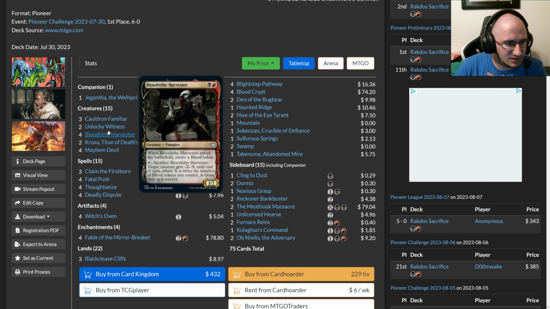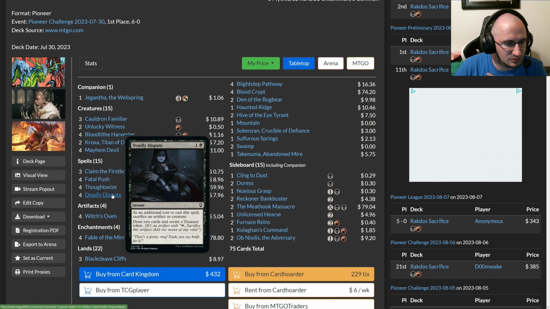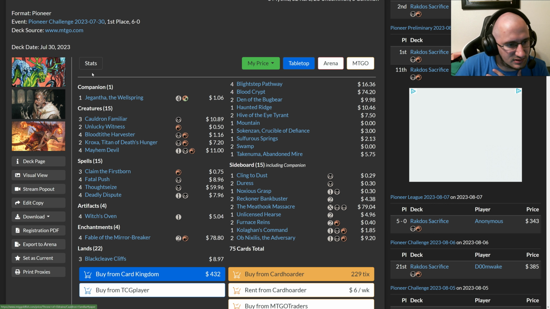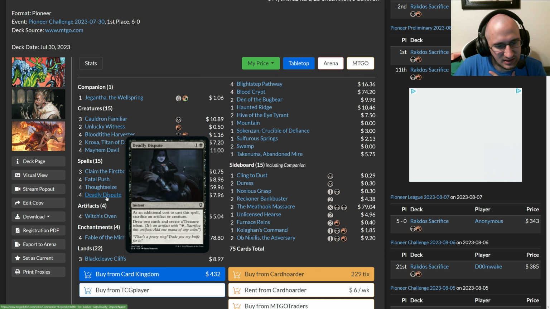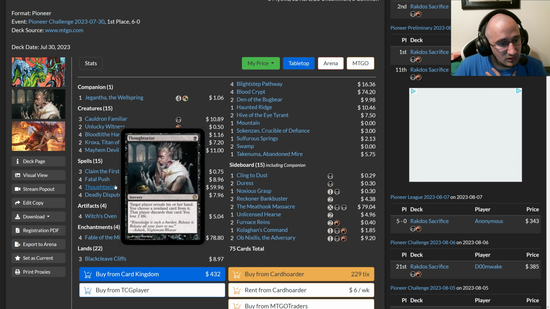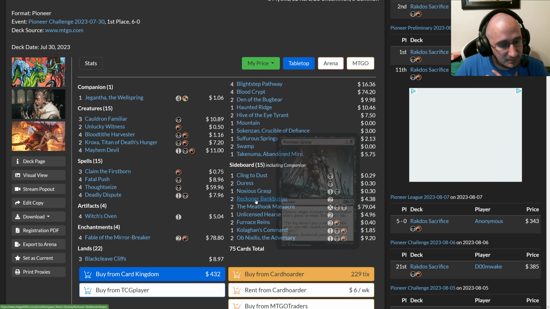Of course, you want to sacrifice an Unlucky Witness to the Deadly Dispute, just because you get to draw 2 cards, create a treasure token, and then of course get the exile effect from Unlucky Witness to see some more cards, virtually drawing 3 cards with a Deadly Dispute and making a treasure, meaning that come your turn 3, you end up having 4 mana, and it opens up some more possibilities, where you can play a Thoughtseize and then clear the way for a Mayhem Devil or a